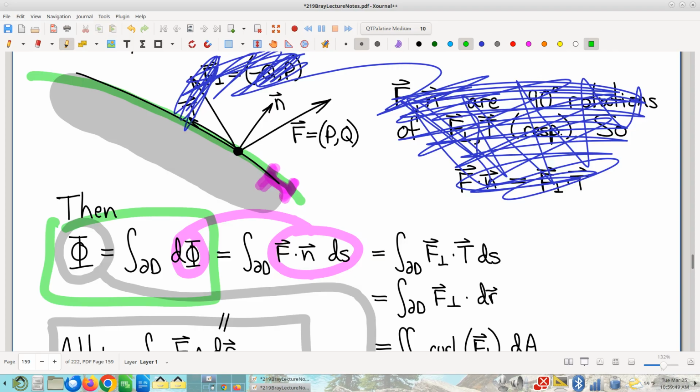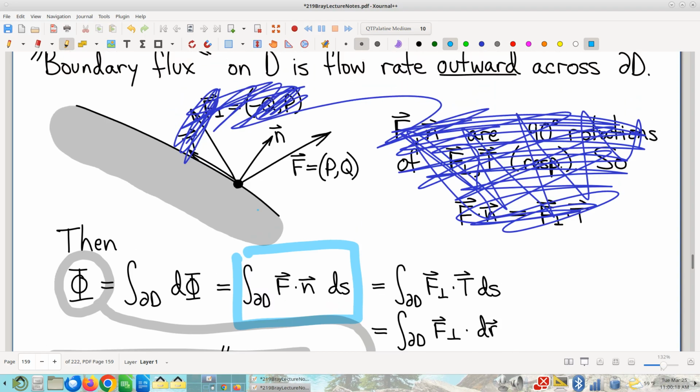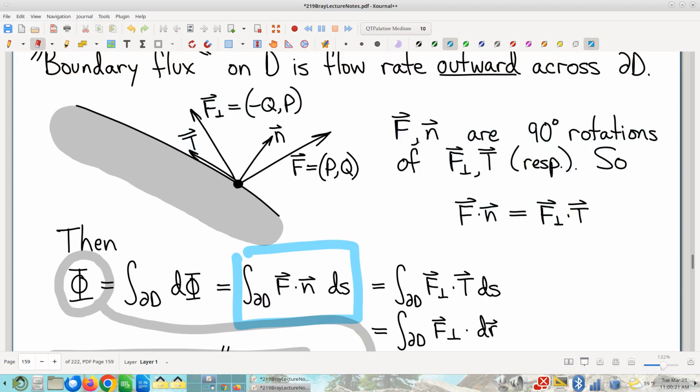So that first part, no big deal. The big problem is trying to figure out how do I compute an integral like this? Where have we previously computed integrals like this? And the answer is, we haven't. We haven't seen integrals like this before. We don't know what to do with n ds. Never seen it before. So what do we do? And here's the slick move, a very clever little two-step here.